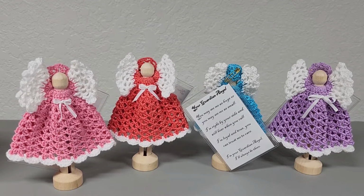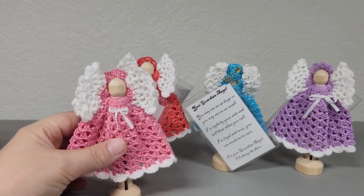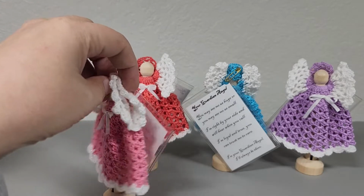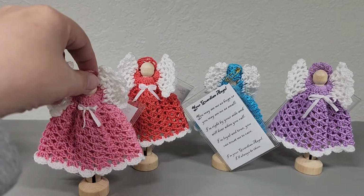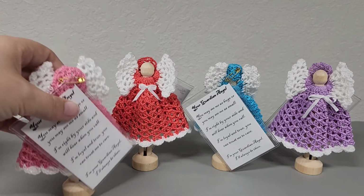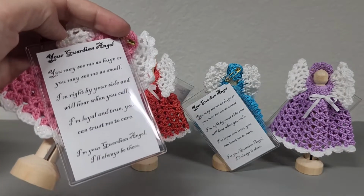Today's tutorial is these absolutely precious guardian angels. Are these not the cutest things? So what I've done is I've crocheted a dress and wings, and then we put that on a wooden clothespin that has a little stand down here. I'll show you guys that in just a minute. And then we make a little halo and we glue that to the head, and then we attach a little card that says,